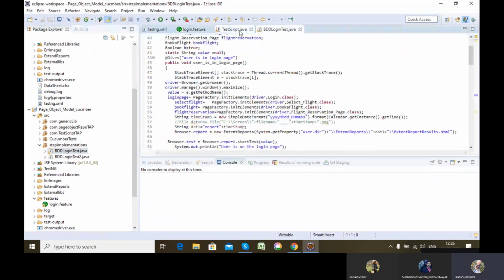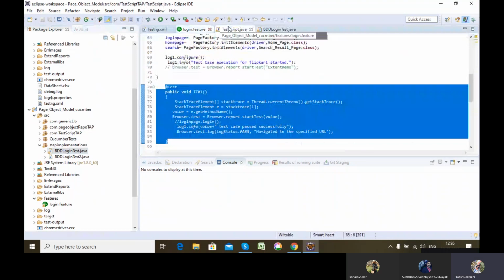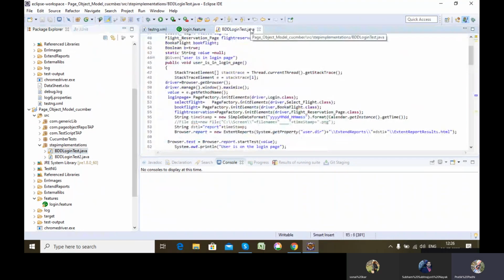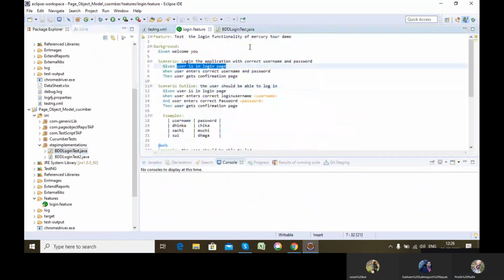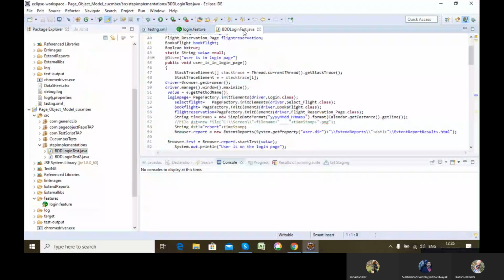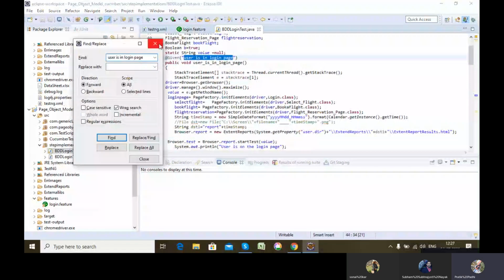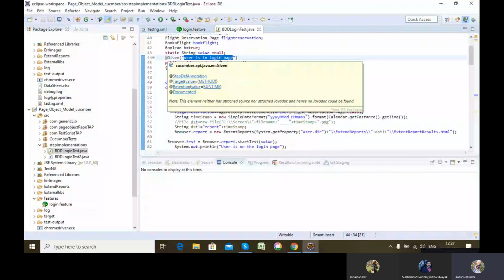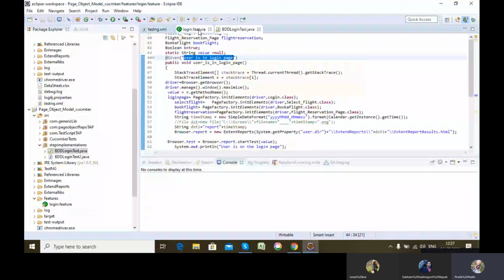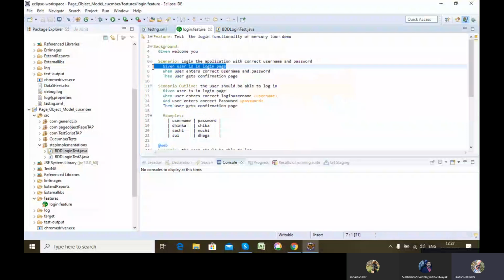Here you will see that for the feature file which I have designed, every step will have a definition. I have defined @Given user is in login page, so it will correspond to this particular line: given user is in login page.